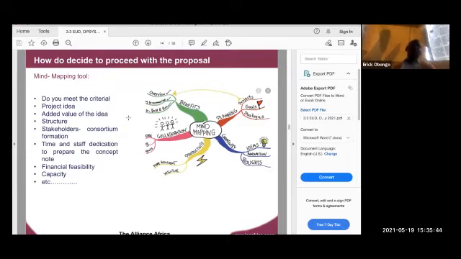So once you've understood the guideline for the calls for proposal, then you need to decide on how you are going to proceed. And usually, most people use what we call the mind mapping tool. This is whereby you get with your stakeholders, maybe with your colleagues from the office, you sit down and then you start brainstorming on how you foresee the program is going to look, what kind of collaboration you need, what kind of resources you need, the kind of gadgets or machines that you need to have,